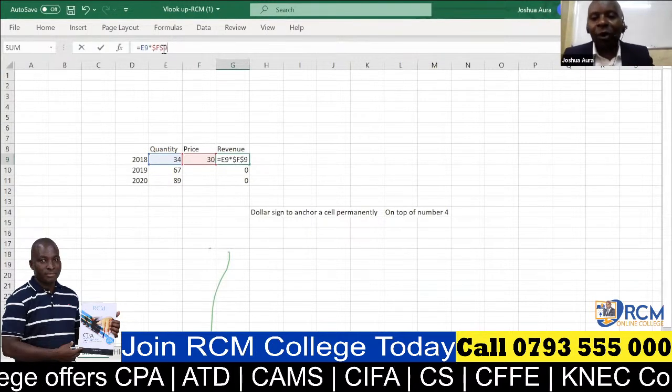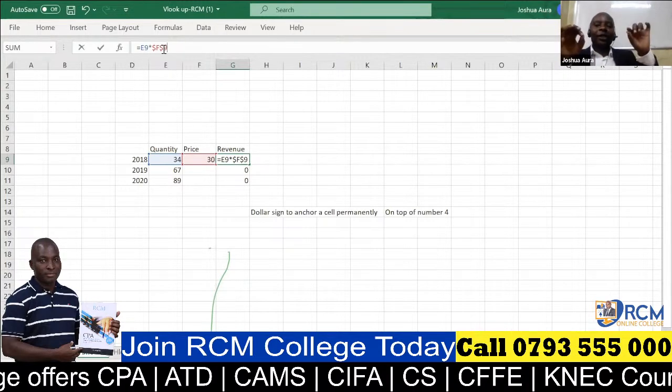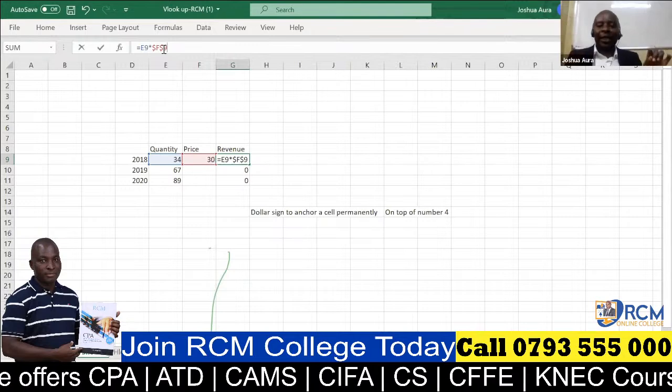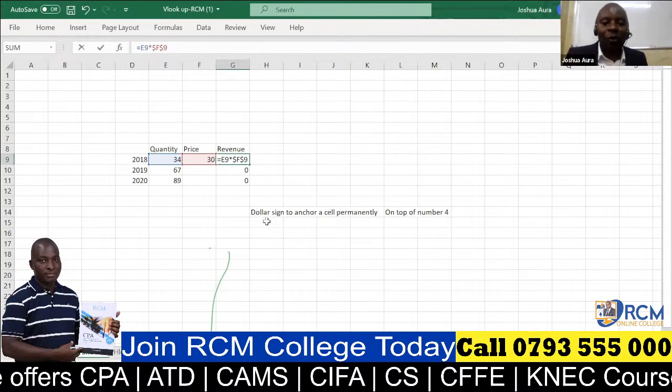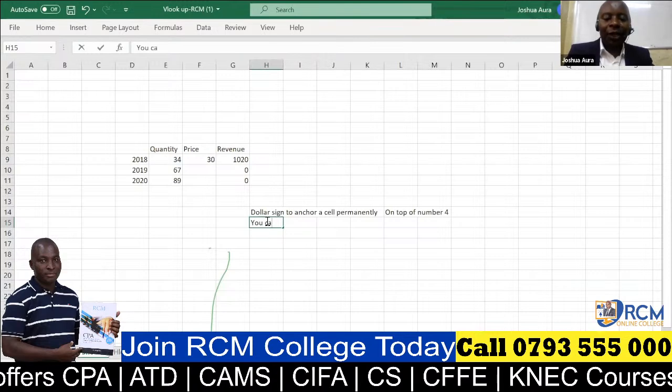You'll be able to see F4 like that. When you press F4 once, it gives you those dollars in front of 9 and F automatically. So you're saying here, for purposes of your video in future, that you can as well